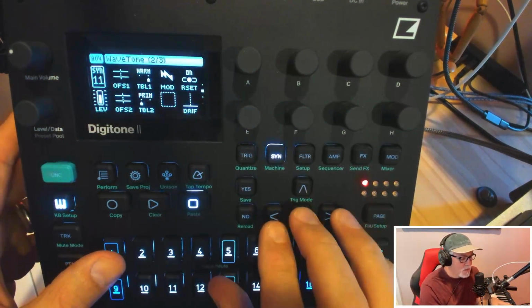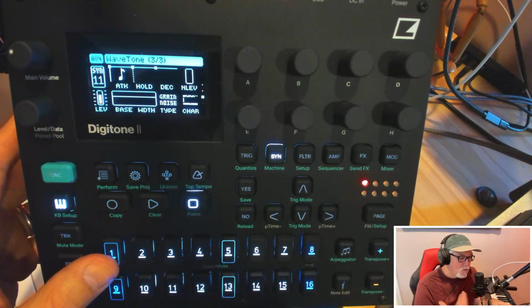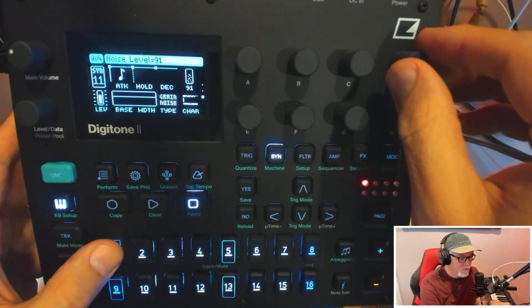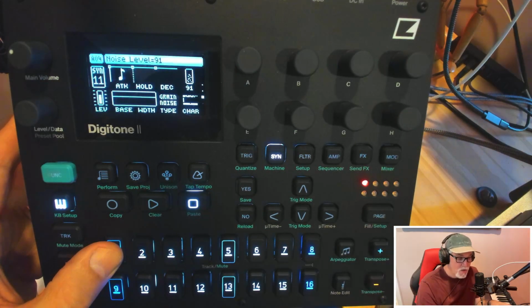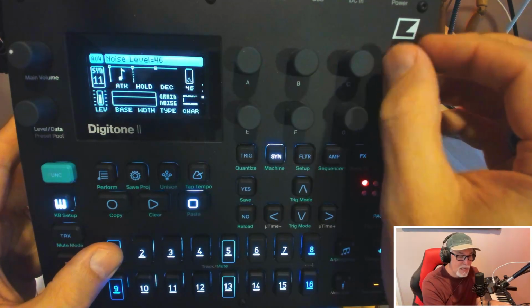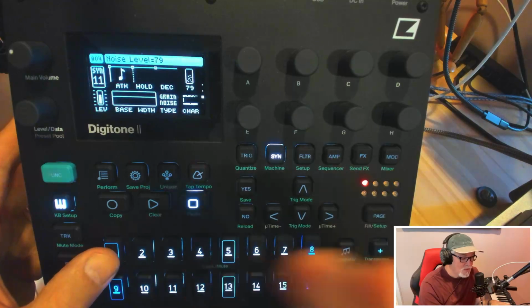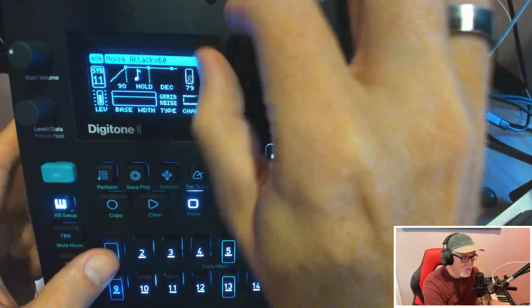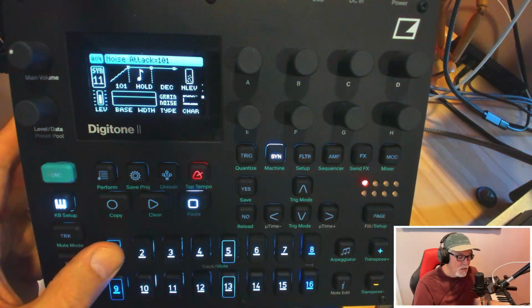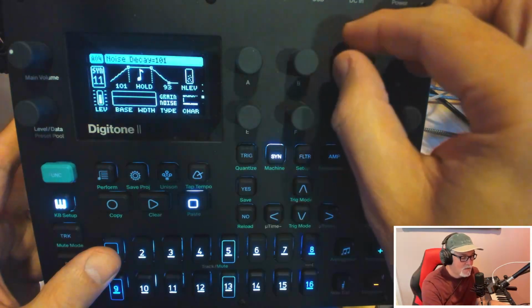All right, so noise. Okay, so this has a whole noise setup here. So let me add noise first off. So now you can hear the tone plus the noise. You can obviously adjust how much noise you want. What's really cool is it has its own envelope. So you could say, I really want to fade in the noise, and I want to fade out the noise